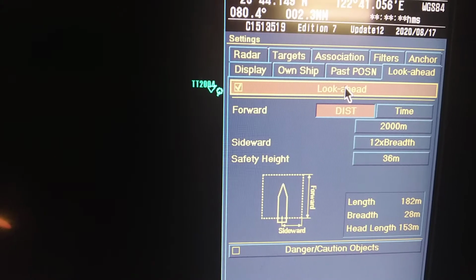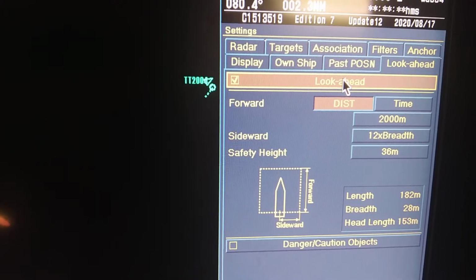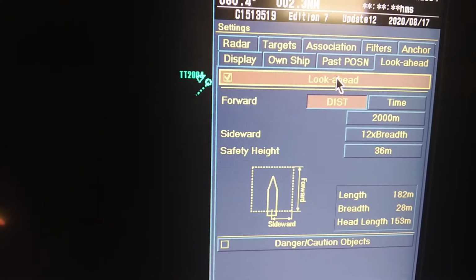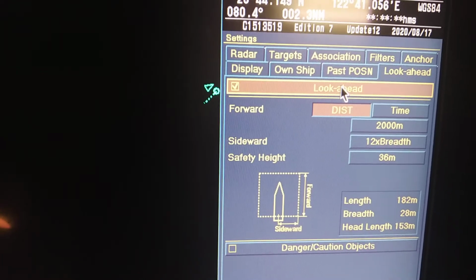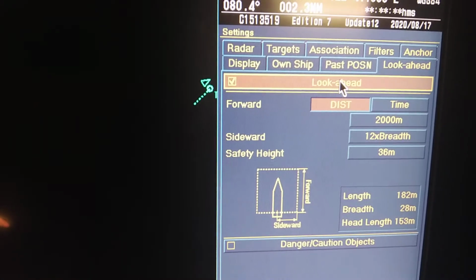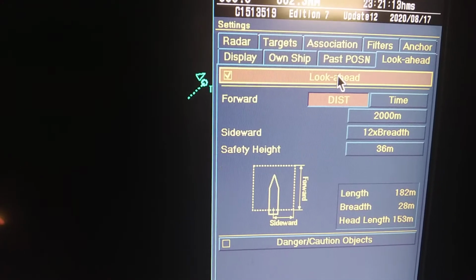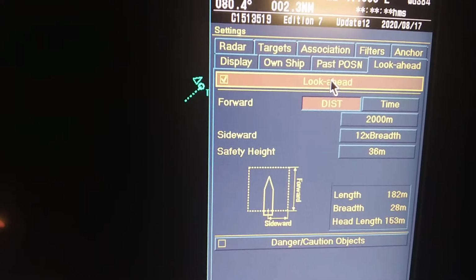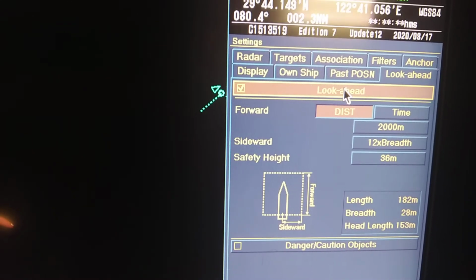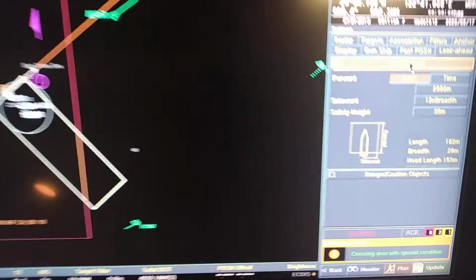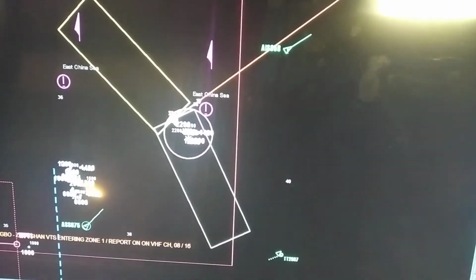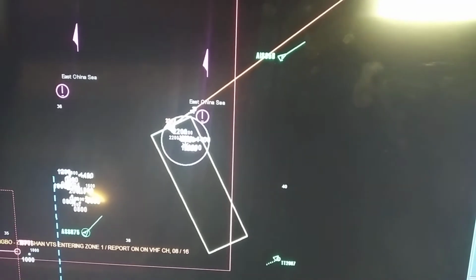In coastal water, a setting of 12 to 15 minutes should be sufficient to give adequate warning to the OOW, while a longer setting of 30 minutes to 45 minutes, depending on the company policy, will be more appropriate when on open transit. So basically, the look ahead zone gives an alarm so that the navigator can avoid danger in appropriate time.